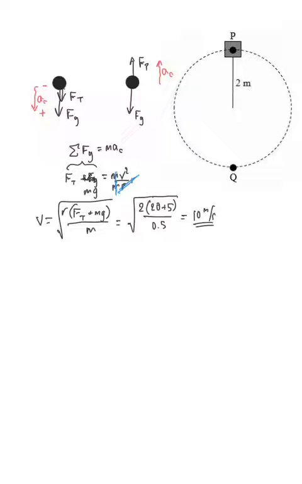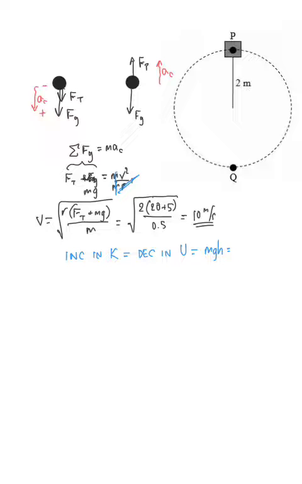So if the mechanical energy is conserved, as it's losing potential energy by going from the top to the bottom, it's going to be gaining kinetic energy. All we have to do for this one, it's very simple, is to say that the increase in kinetic energy is going to be equal to the decrease in the gravitational potential energy. So how much did the gravitational potential energy go down by? Well, it went down by